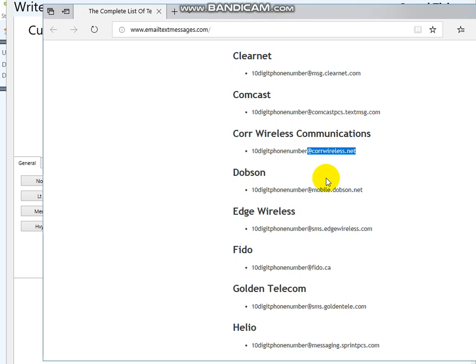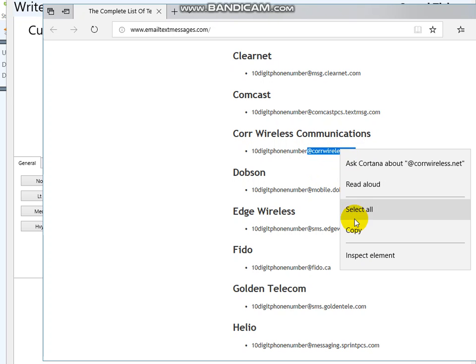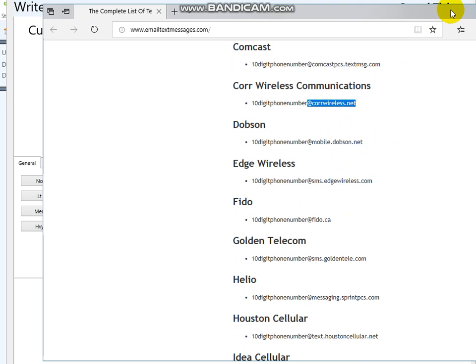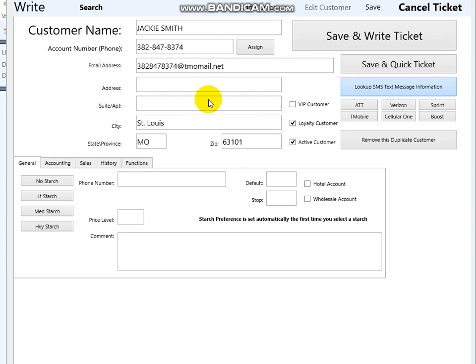So if it's something unusual, just Control-C will copy, or right mouse click and you can copy. And you can actually send texts to any provider even though we don't have it on the list. So let's go ahead and close that, and I'm going to make it